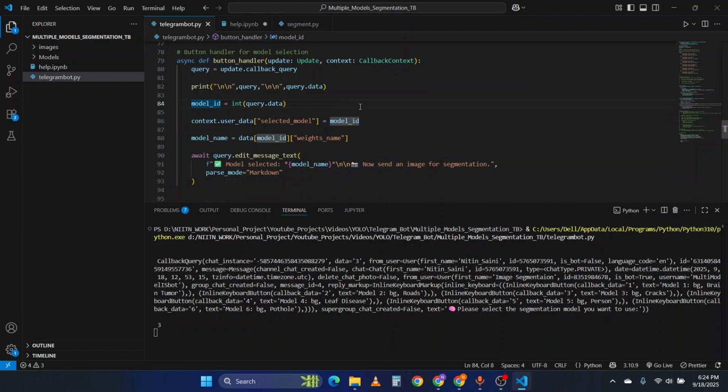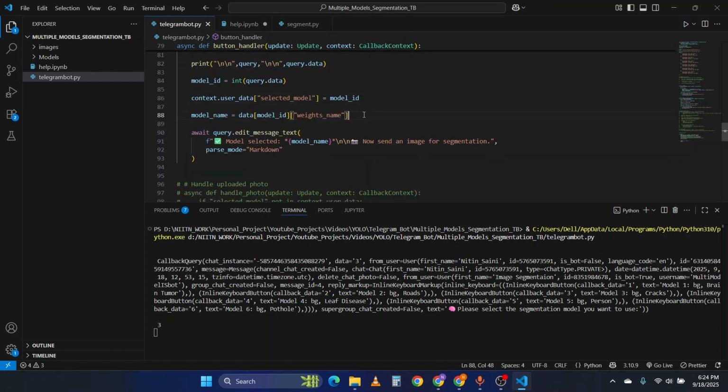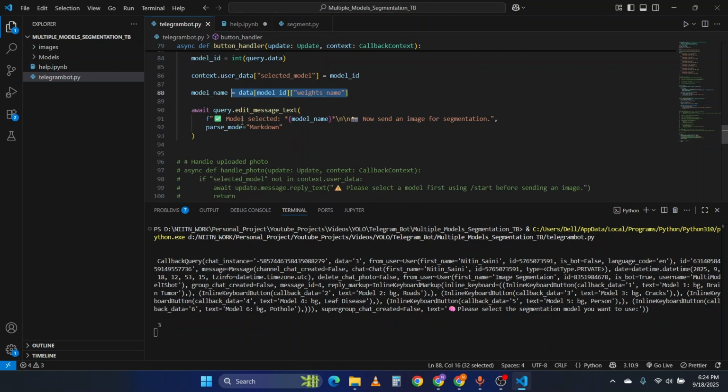Now we have to use this context. First, I have saved this model ID in context.user_data selected model, because I want to use this model ID whenever the user sends a photo. I want to know which model is selected at that particular time when the user sends the photo. For that purpose, I have to save this model ID in this variable using context, and this data model ID gives me the model name. Then I have to reply to the particular task: query.edit_message_text displays the text here. Okay,